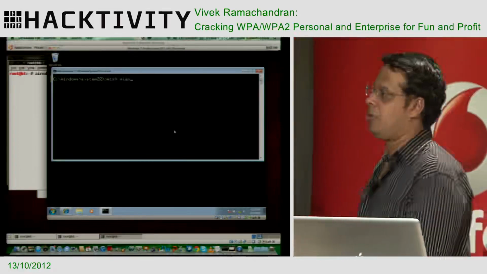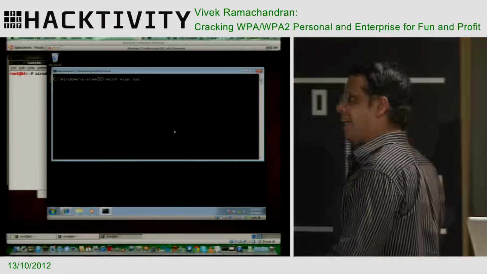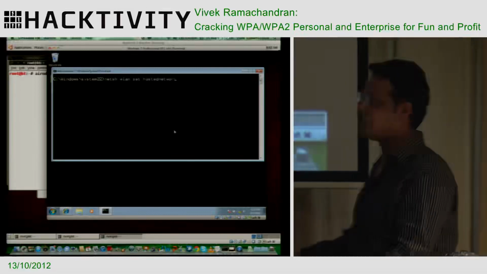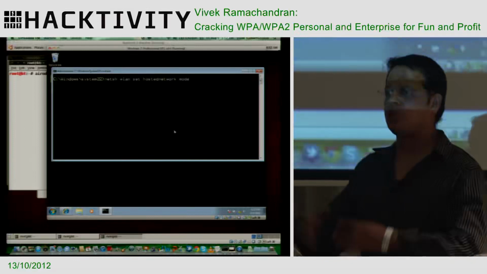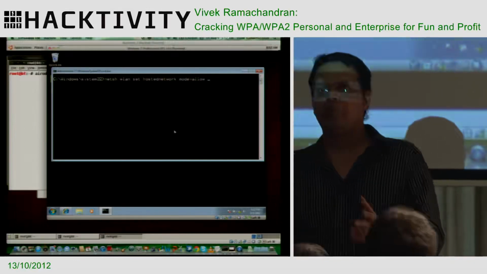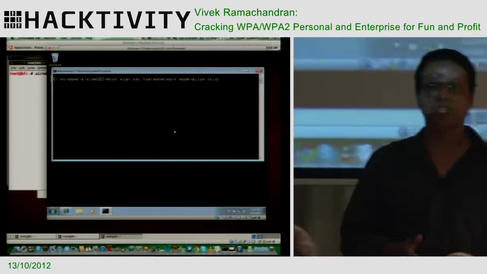You could actually type along if you want, which is netsh wlan set hostednetwork mode=allow ssid=whatever ESSID you want to set, and because it's WPA2 PSK,